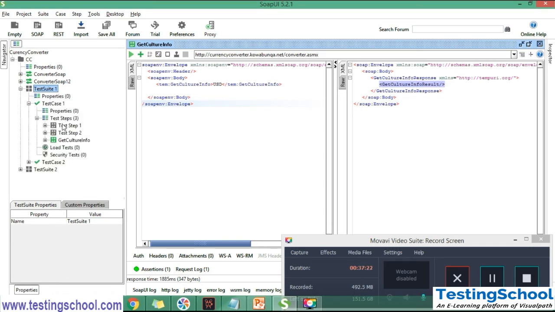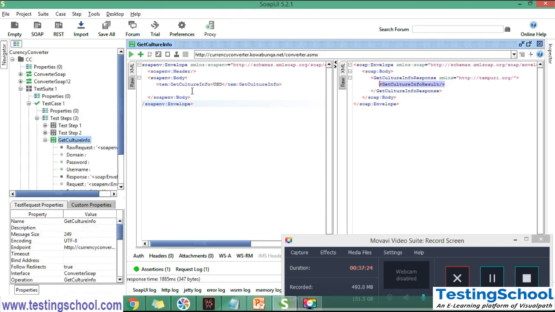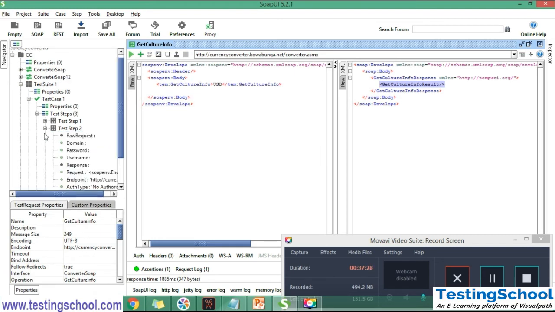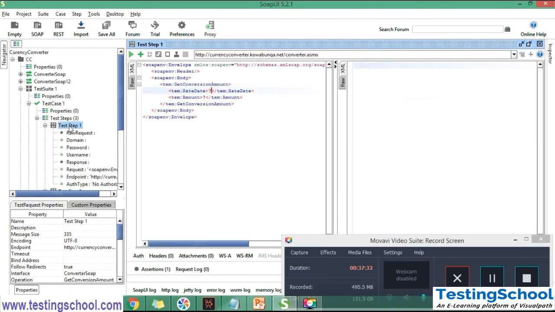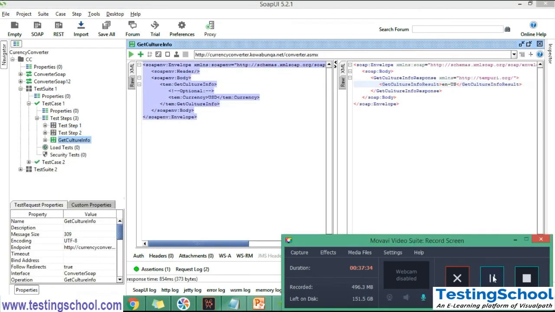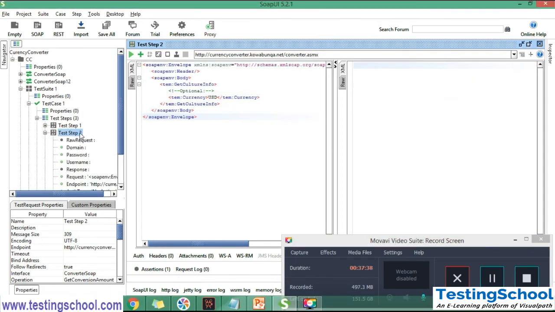This is the free WSDL. So we are able to create the test cases and we are able to create the test steps as well. As it is failing, we can move into test step 2.